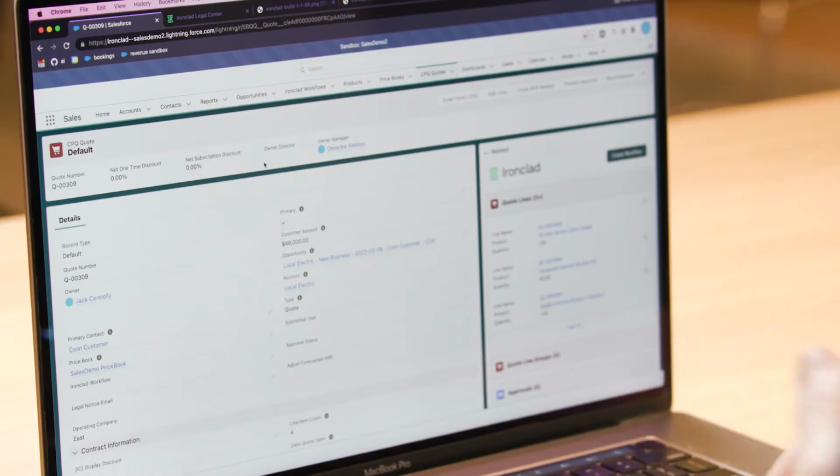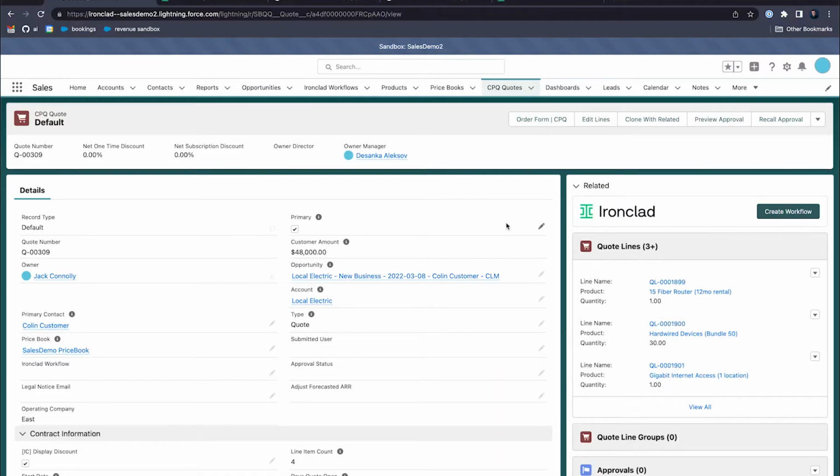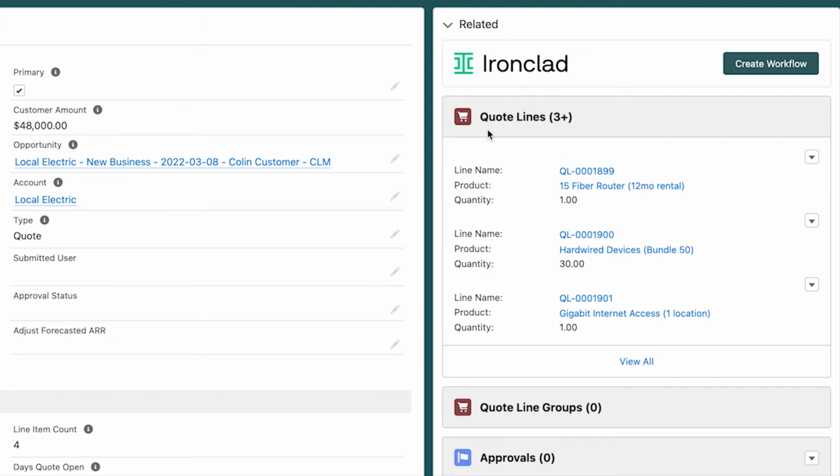So you'll see here that I'm in Salesforce and I'm looking at a CPQ quote. We use Salesforce here internally, but at Ironclad with our open API, we can integrate with any CRM. So if you're using something other than Salesforce, you have the ability to build out similar types of flows using our public API. Here within Salesforce, you'll see that I have my quote configured. So I'm selling this prospect multiple products, different quantities, and really the value here is integrating deeply with your existing